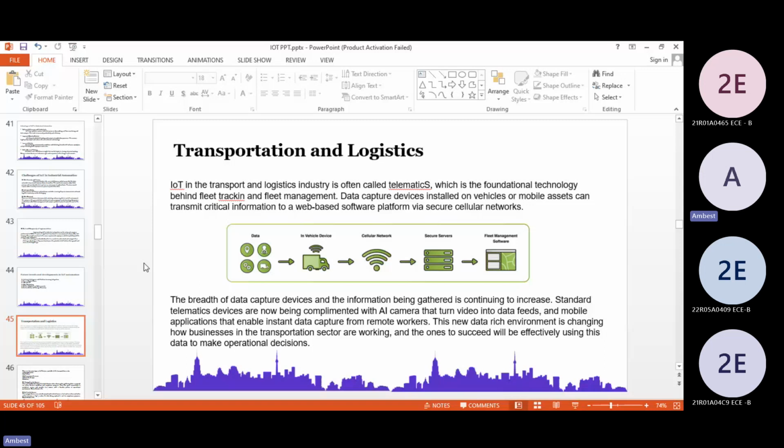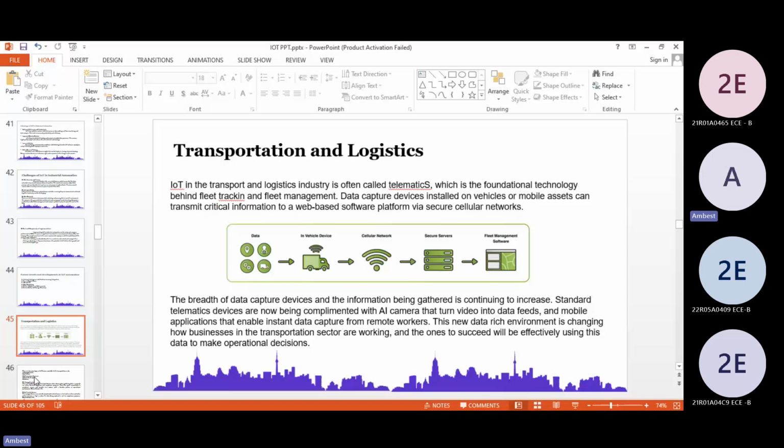Operational decisions are nothing but, if there is any emergency or if tracking is needed for another route, they are immediately informed by the data of what is really happening, automatically. With that automation, they can trace whether the vehicle was misplaced or whether anything dangerous has occurred. So yeah, in that way.